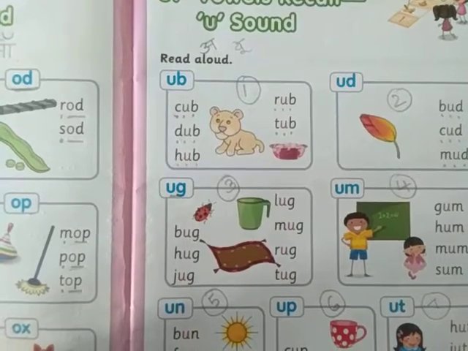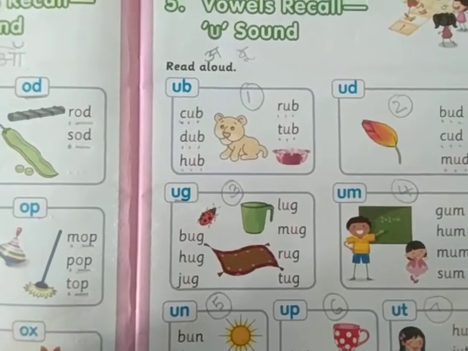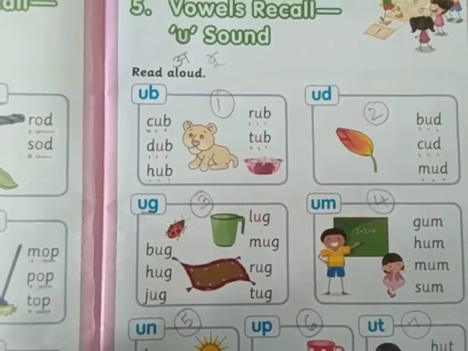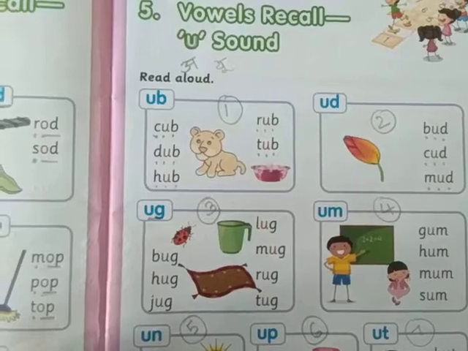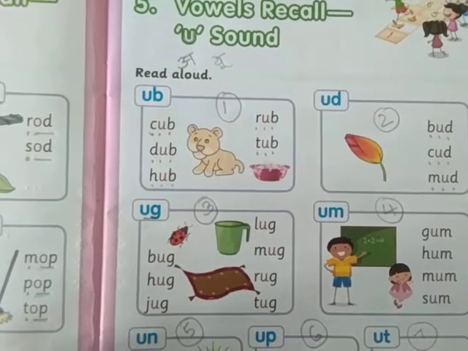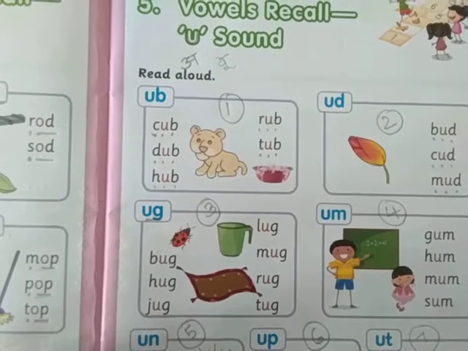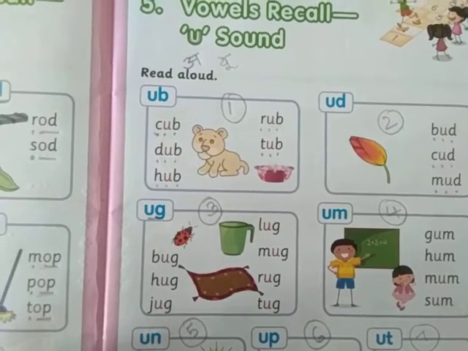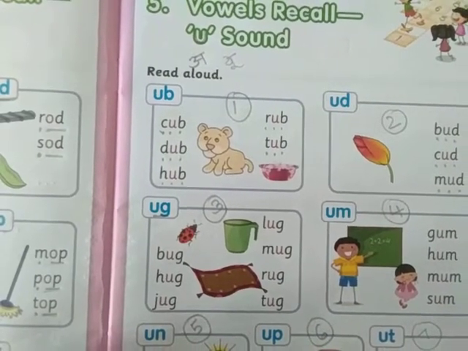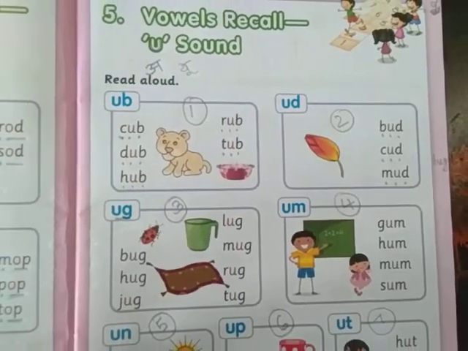Short sound as well as the long sound. But we did not do any writing work. Why? Because I had thought that we will be writing in cursive from now. You have learned, I think, 12 or 13 letters. So according to that, we are going to start writing in cursive. And we are going to write some of the U sound words today.